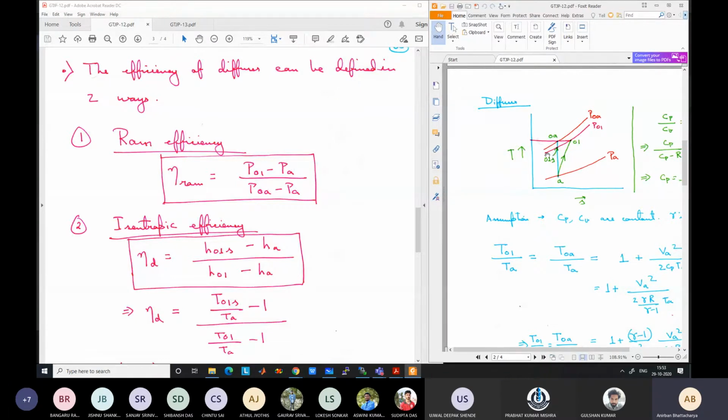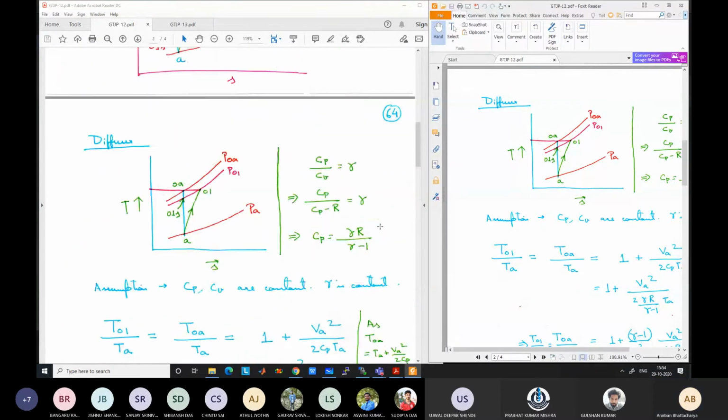So it gives us a measure of the efficiency, and obviously it is related to P01. We will see how it is related to P01 pressure. But this is how the isentropic efficiency is defined, and this is slightly tricky to understand. This is not similar to the compressor or other processes because we are artificially defining this extra point 01s in this case.